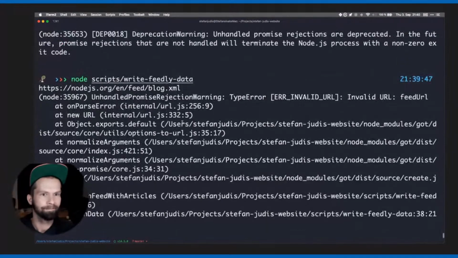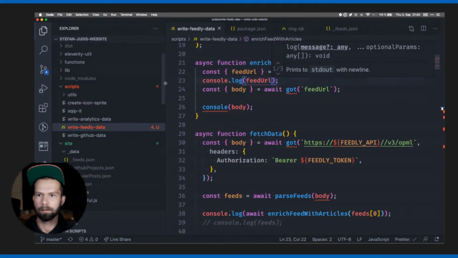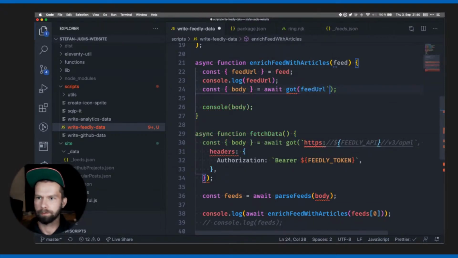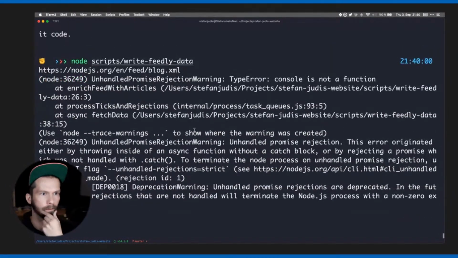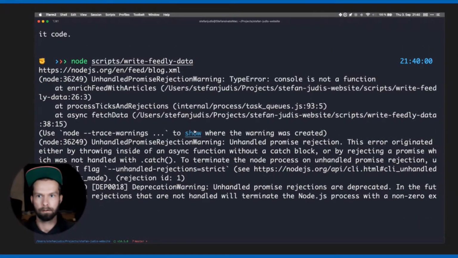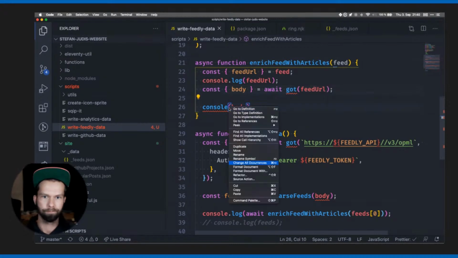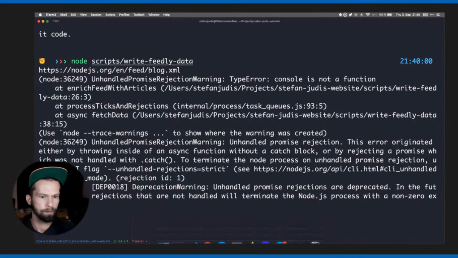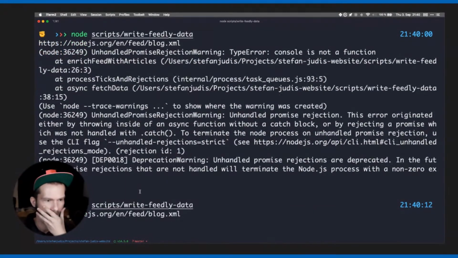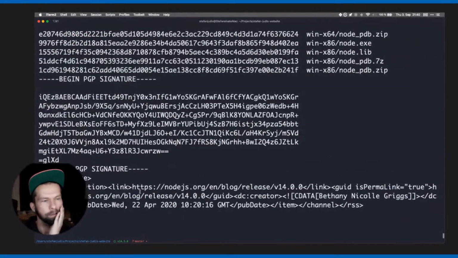Okay. Invalid URL. Oh, I have to. Okay, this is what we want to do. Okay. Console log here. All right, let's see how this goes. Console log. Okay, here we have